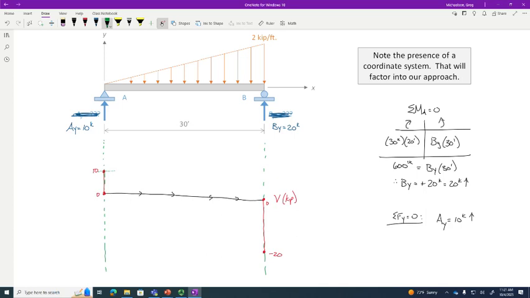What is the value of the load right here? 2. It's not 2, it's negative 2 because it's going down, right? So what I'm saying is that right here, we better have a slope